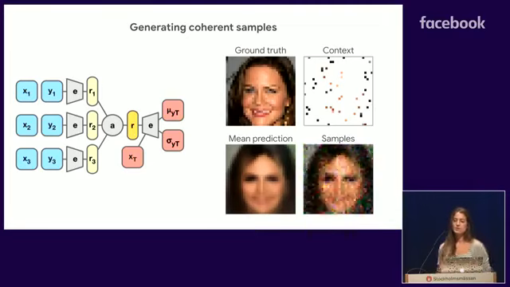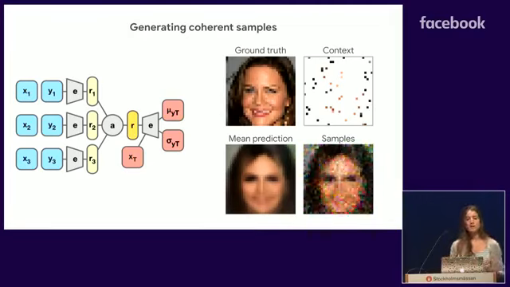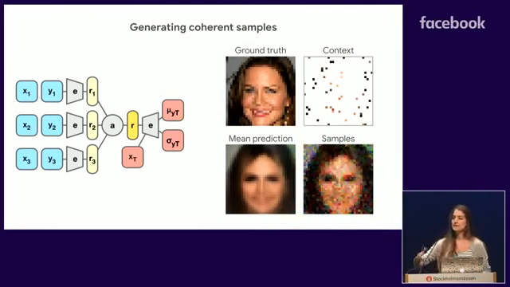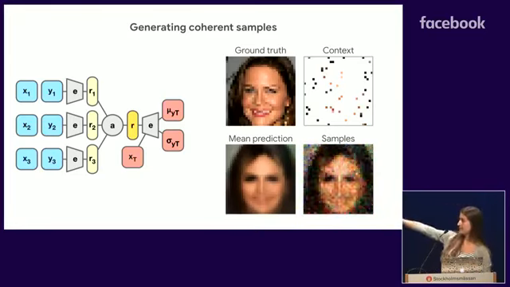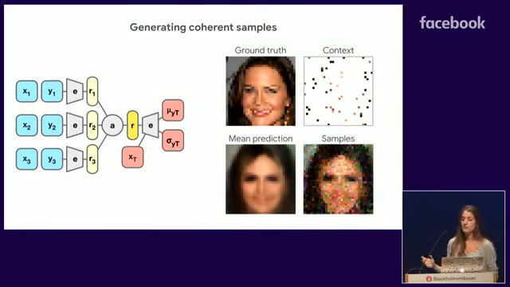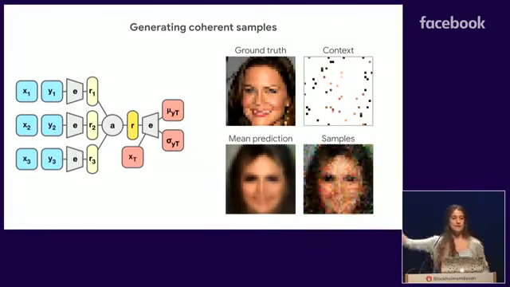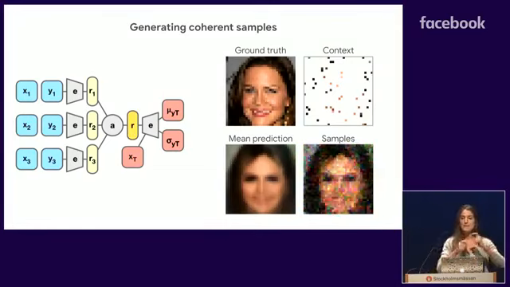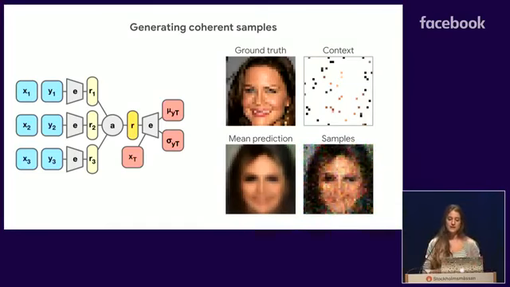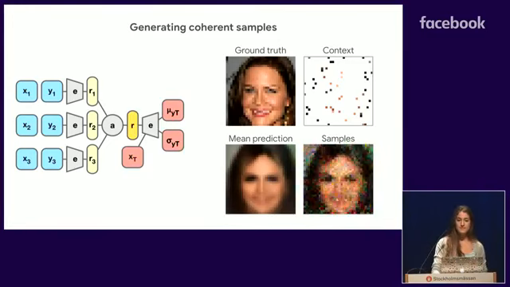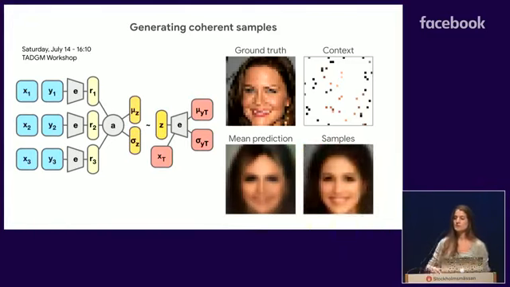So far, I've only shown you the mean predictions of our model, but now imagine you want to actually generate different samples from that model using that variance that we actually have. At the moment, it would look like this, because as I told you, these variances are sampled independently from each other, so they cannot talk to each other. If instead we wanted to have coherent images every time we sample, we're going to introduce a latent variable that gives global information across our entire model, and then we're able to actually generate consistent samples.